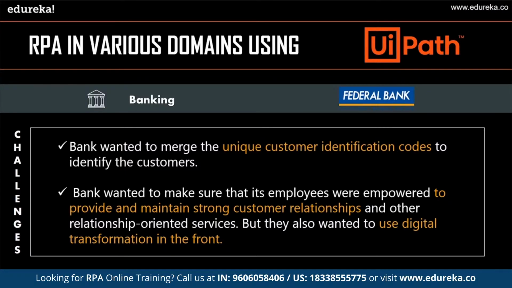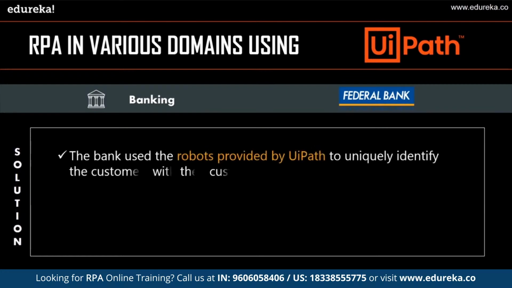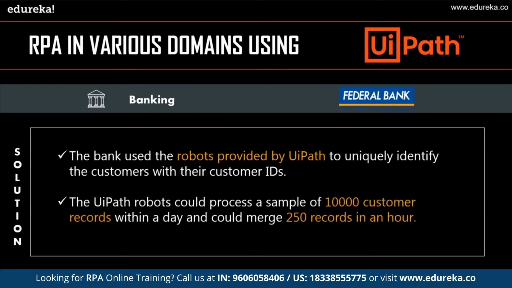Also, one more challenge which was observed is that the bank wanted to make sure that its employees were empowered to provide and maintain strong customer relationships and other relationship oriented services. But they also wanted to use digital transformation on the front end to run the businesses and service customers and help employees. Now, to overcome these challenges, Federal Bank started looking for various opportunities and started evaluating the top RPA